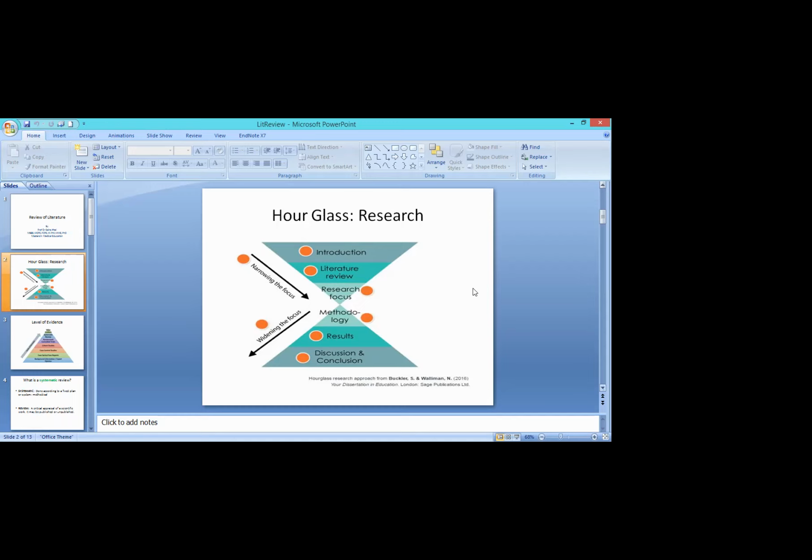If I explain it a little bit further, first you have to define your goals, then your aims, and then your objectives, because the objective is the most focused part of your research. Then comes the methodology. In methodology, you have to write about the setting and the duration of your research. It is very important to identify the time, place, and persons or participants in your research. We will talk more about the methodology in detail.